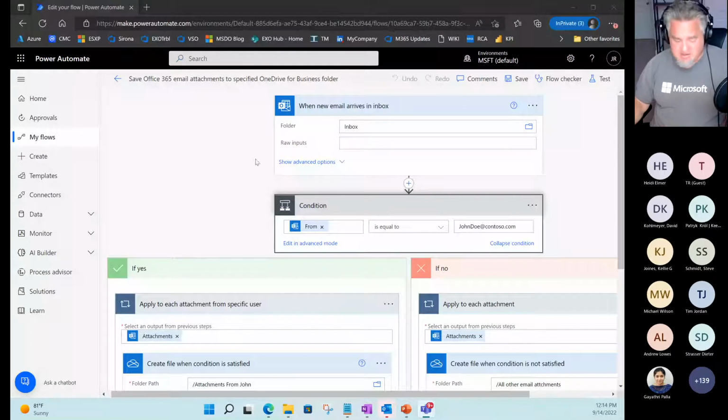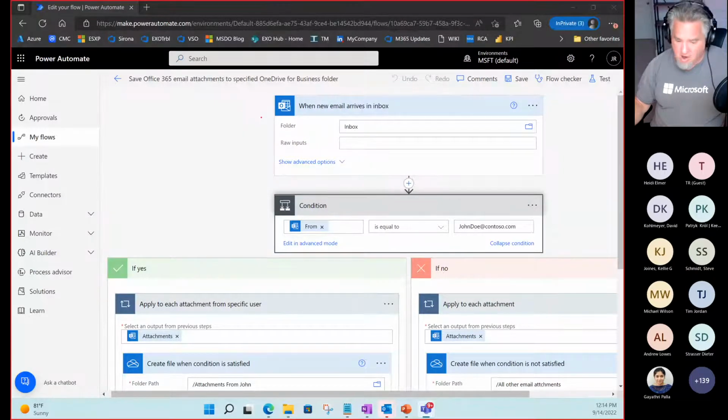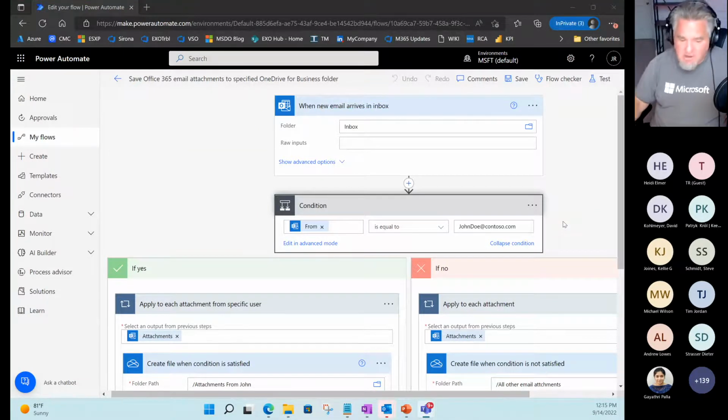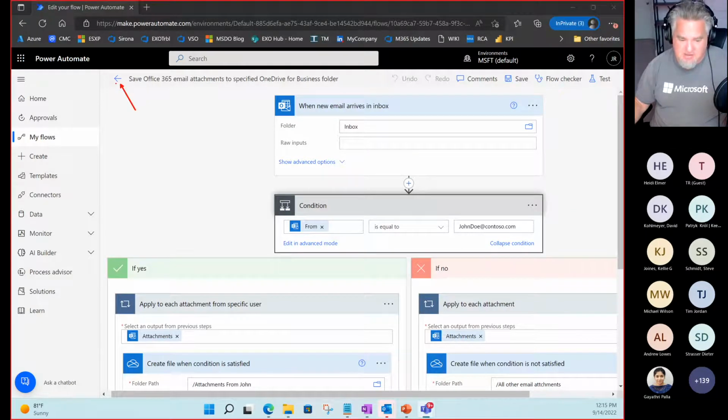Okay, so again, just to summarize, we walked through this flow. All flows start with the trigger. This is an automated trigger when a new email arrives in an inbox. And then we execute these different actions down here. So I'm going to step right back here. I'm going to hit this back arrow, and this is going to take me to what I'll call the control panel